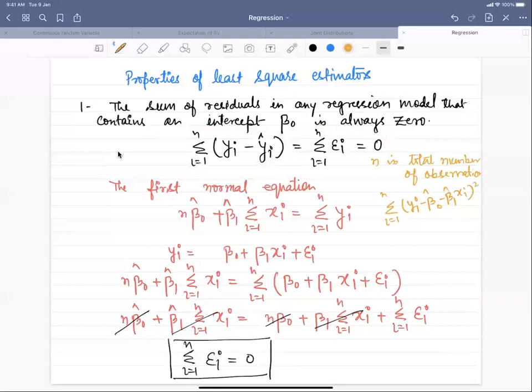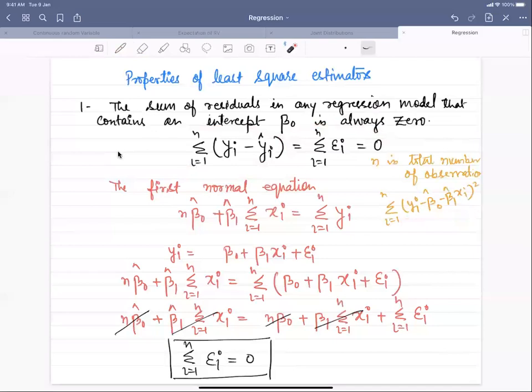And we differentiated it with respect to beta naught to obtain the least square estimate of beta naught and then put the partial derivative equal to 0. So that equation gave us, if you still remember, that